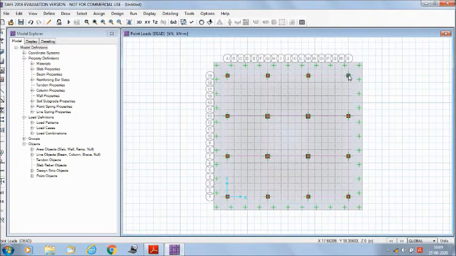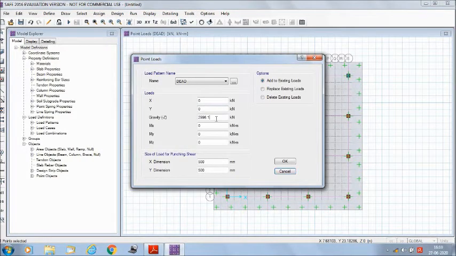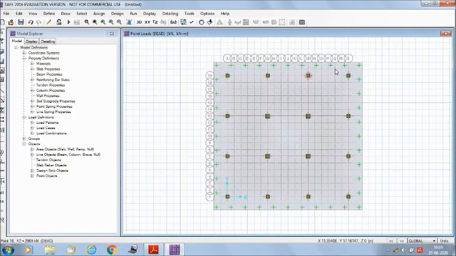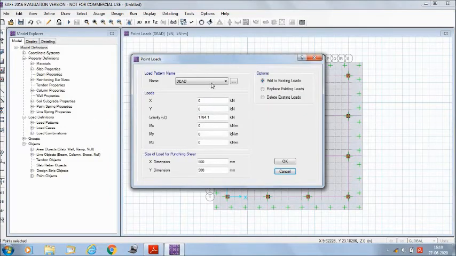For the last column, column number 16, the dead load is 1764.1 and the live load is 769.8. The dimension being 500 mm into 500 mm.